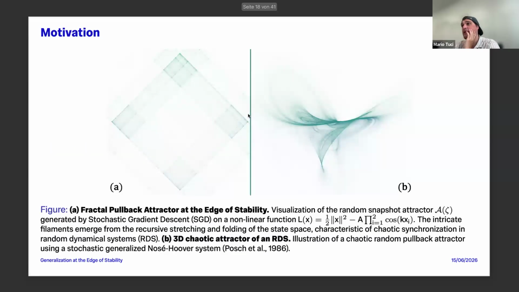So the main question is now, okay, we know trajectories are interesting. We somehow have a feeling that those dynamics don't converge to a single point. They stay in a bounded region, which we call an attractor. Which theory helps us to specify this attractor set, and how can we incorporate it in generalization?